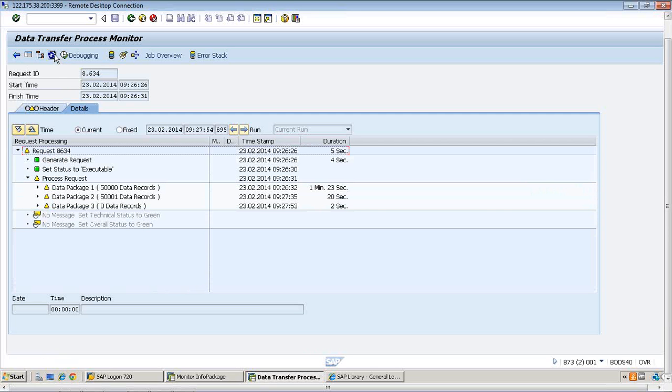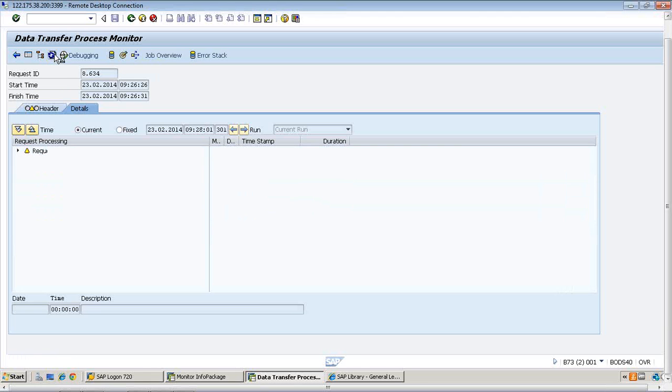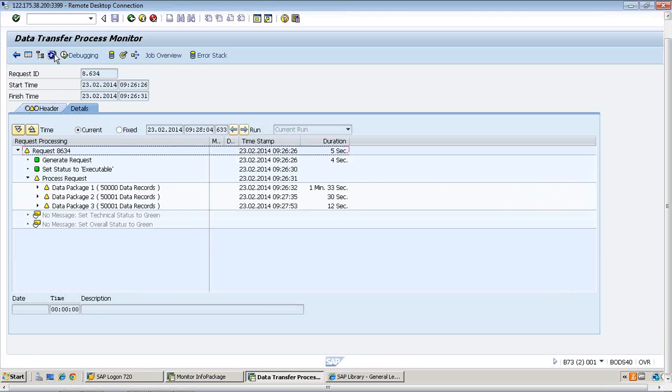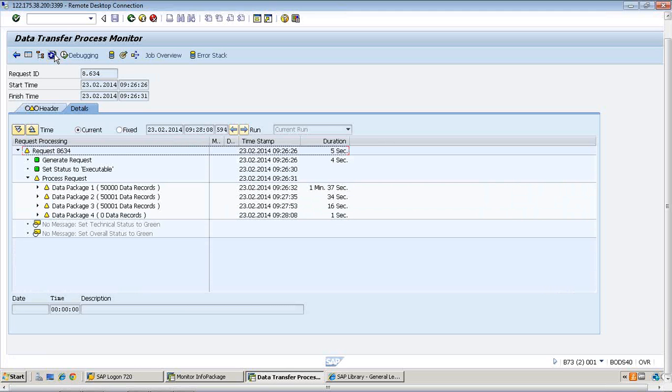So I'm not going to wait for the entire load to complete. So this is how I do my ECC load into the different targets. Now,